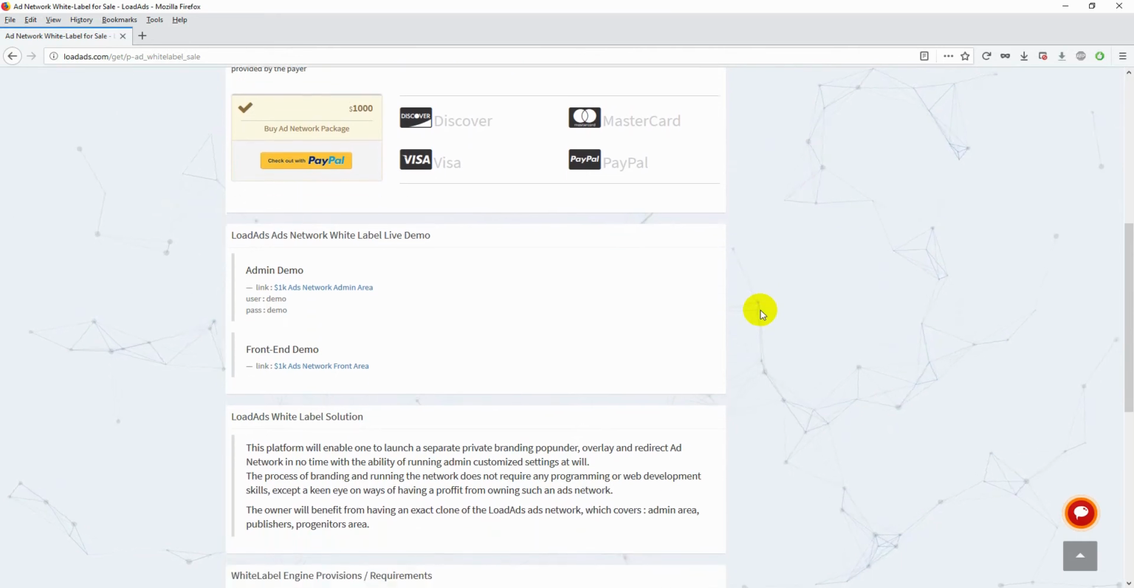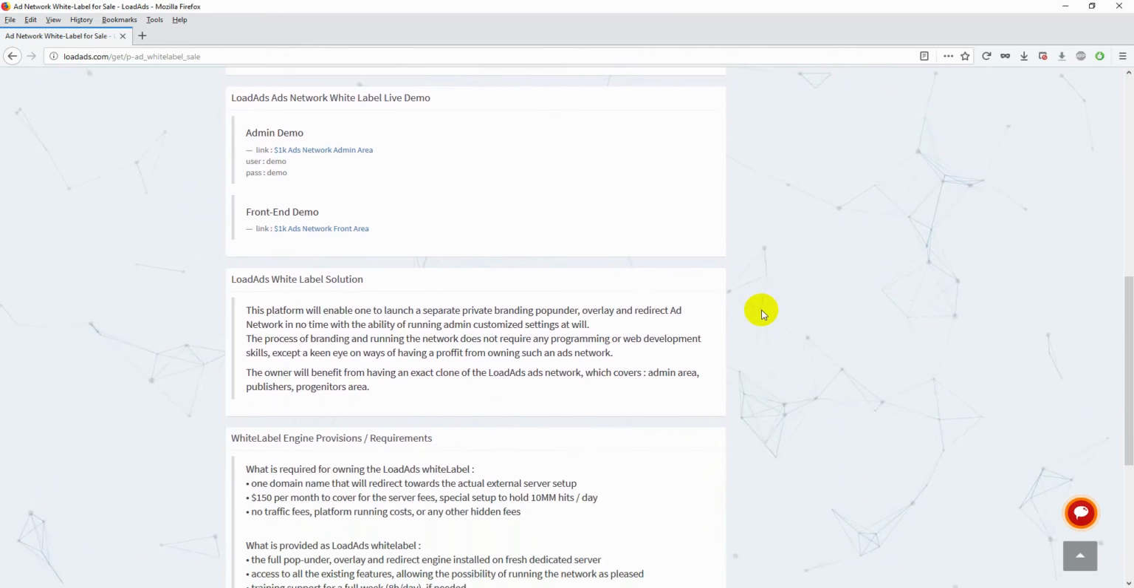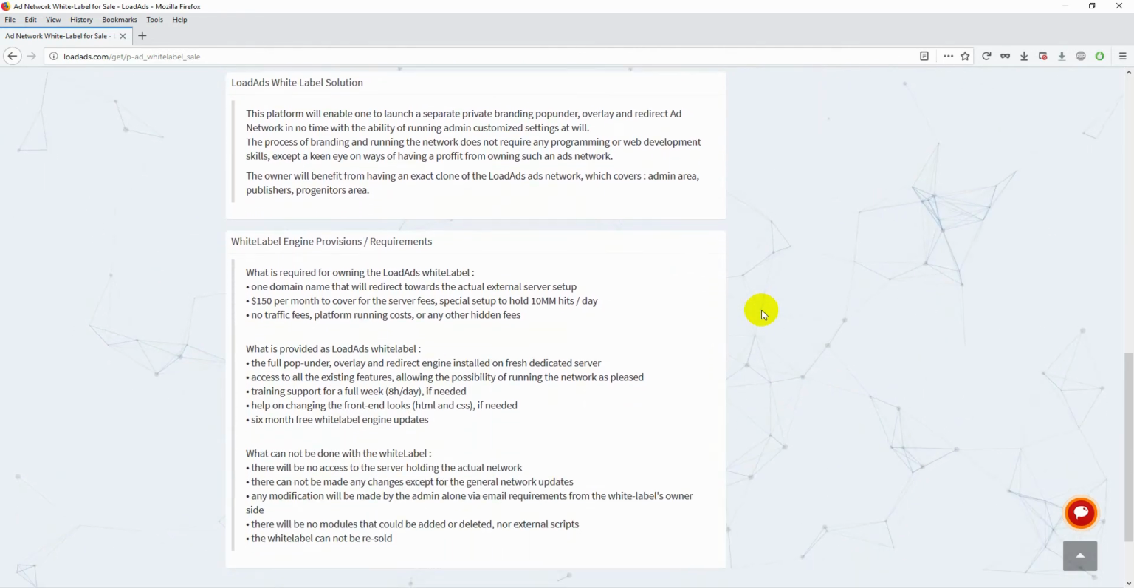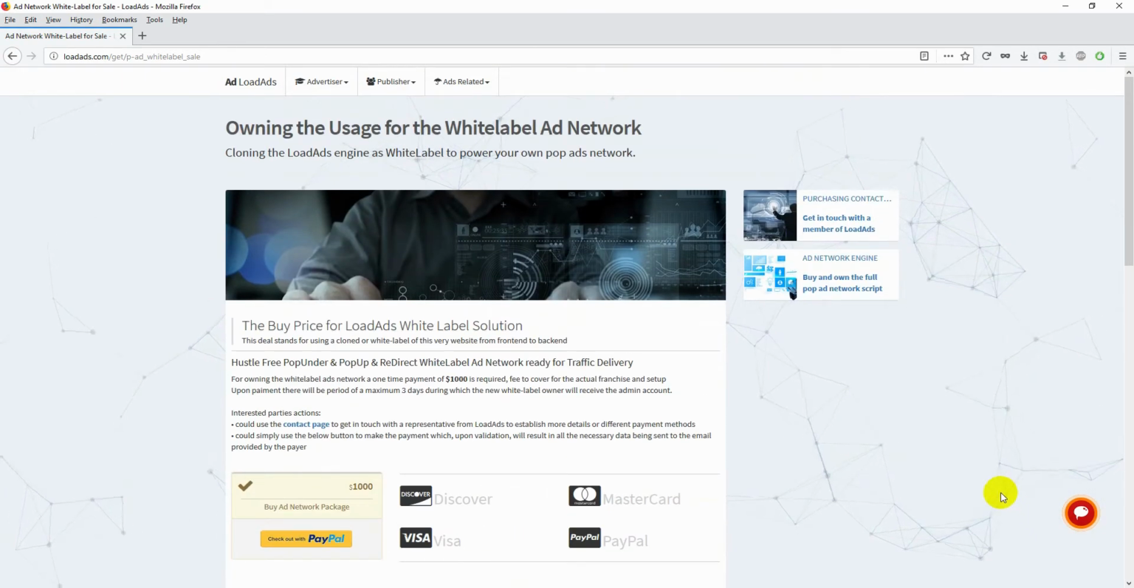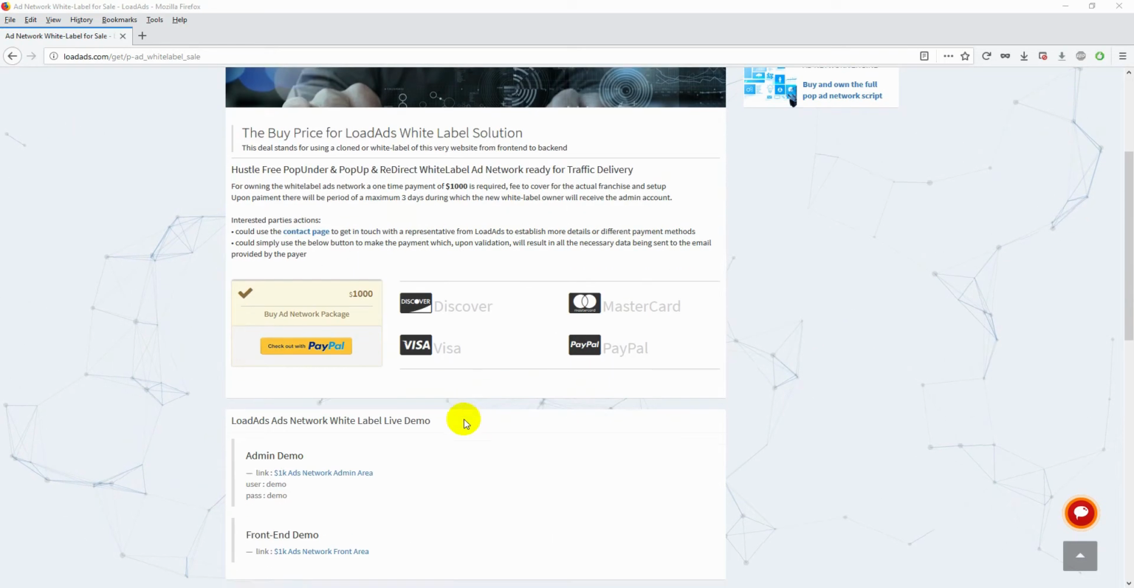Note that the price for the white label solution is $500, which is a small price compared to what could be done in terms of earnings by managing a pop-under ad network. If for whatever reason PayPal is not a payment option for you, simply contact the WhiteLabel team via